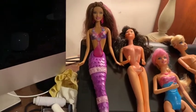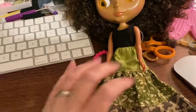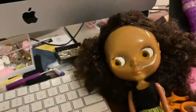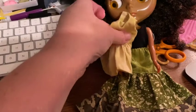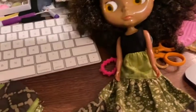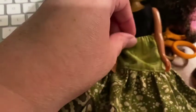Then the other thing I wanted to show you was, let's go back to my newer Fakey Blythe. I wanted to show you how her skirt turned out. So I did go ahead and I used the jelly roll fabric. I remember when I made her little yellow top, here was that yellow top out of the jelly roll fabric. So I could have made this into a dress with a bodice, but I just made a skirt with two strands of gathered